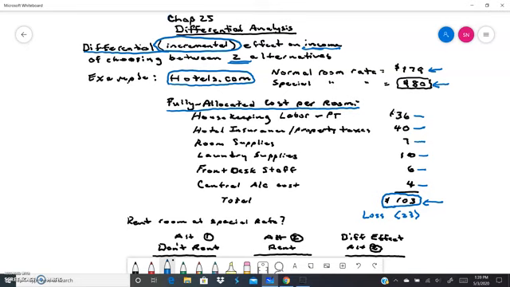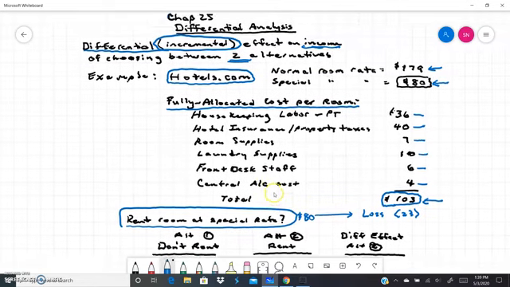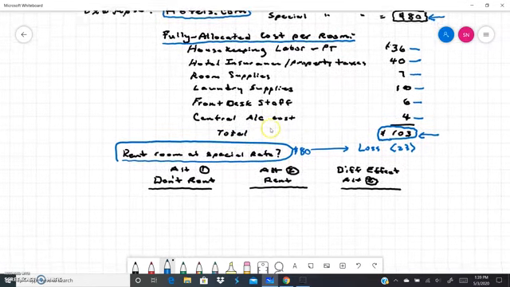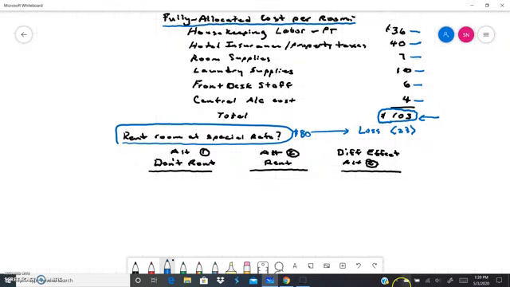And it may not be simply that, no, we should not do it, and we're going to lose $23 by doing this. So let me go ahead and set up, so that is the question. Do we want to rent the room at the special rate of $80? And right now, it looks like, wait a minute, that's going to produce a loss of 23. So I'm just going to move this up a little bit. So what we're going to do is set up a differential